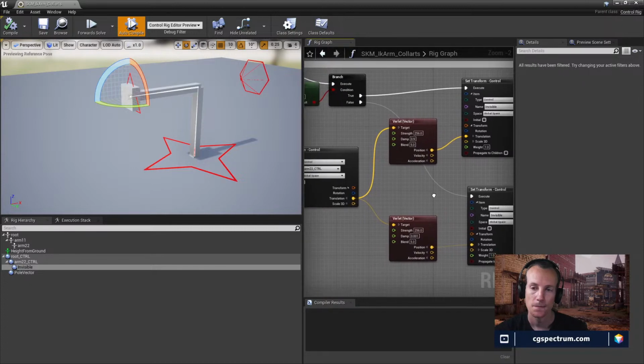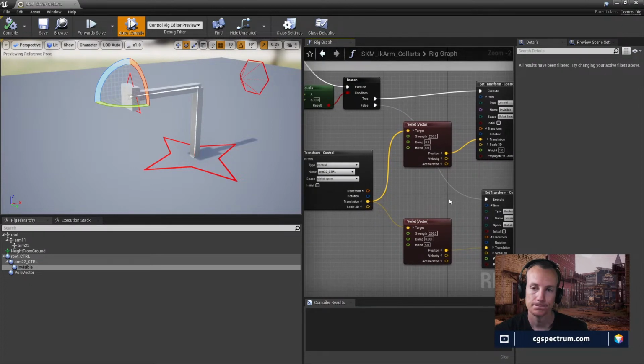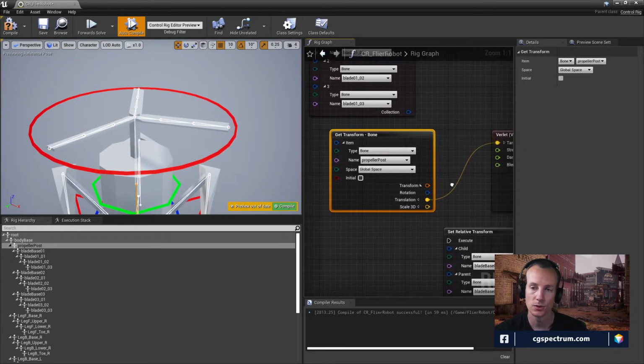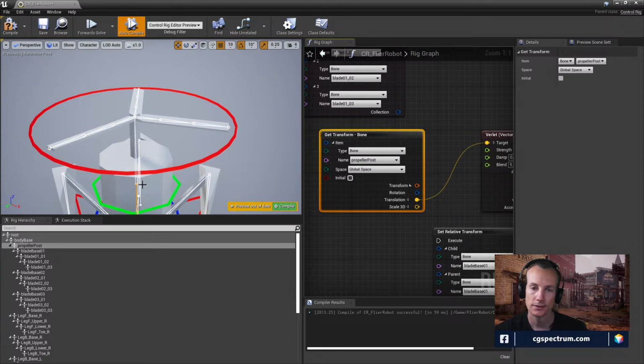So it would be a one-to-one transfer of positional space. And right now what I've got in the other one is the position of this joint is down here, which is not anywhere near where this has to be. So there's already going to be a fairly large problem here, which